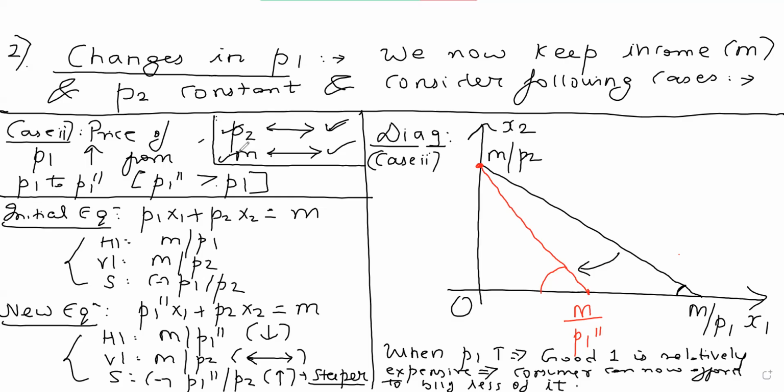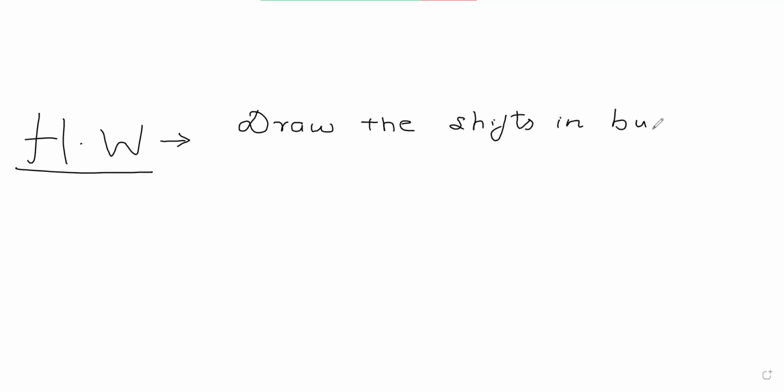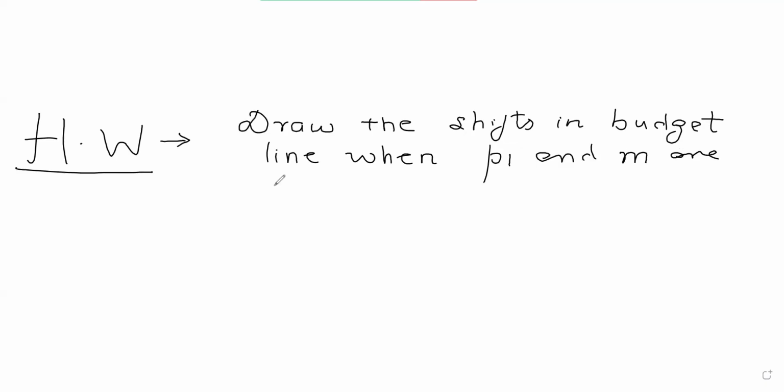So students, this is where I intend to stop in this particular lecture. Homework for all students who are attending this lecture, please take this as homework and try it on your own. Draw the shifts in the budget line when price of good one and income are constant